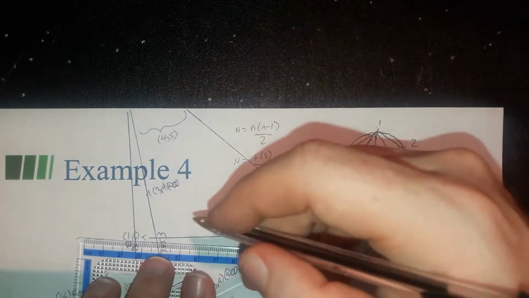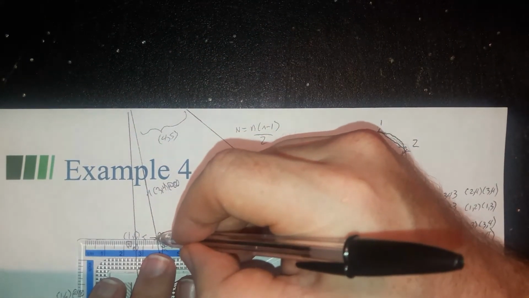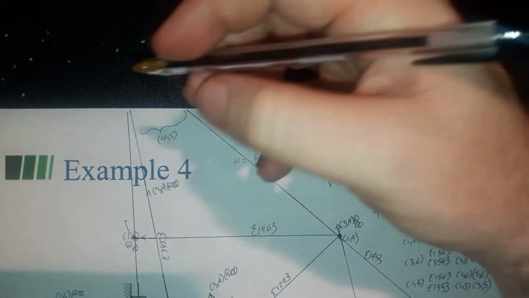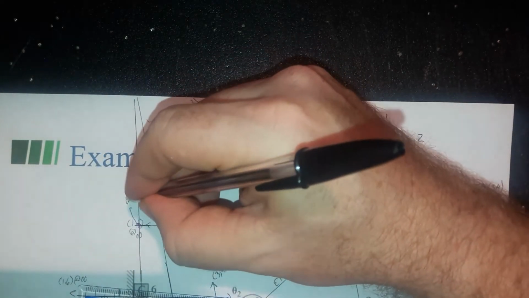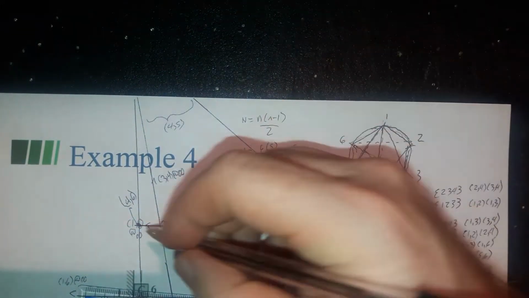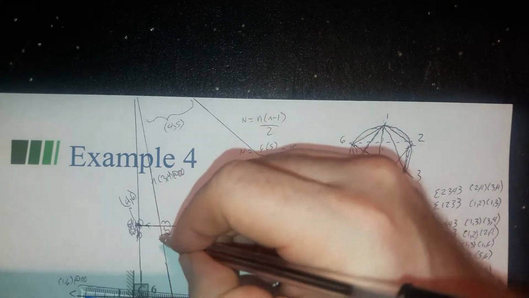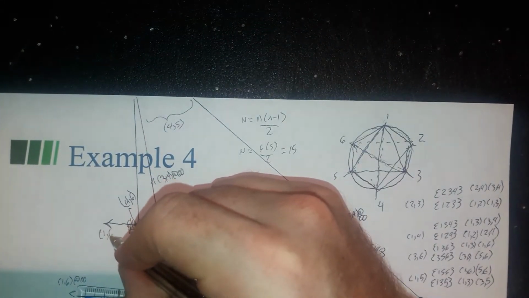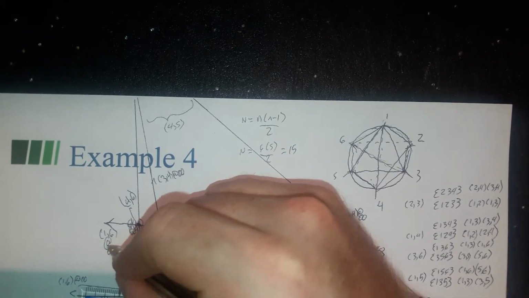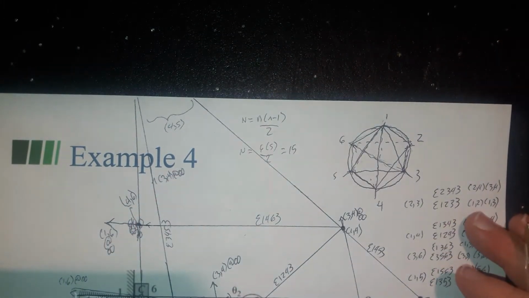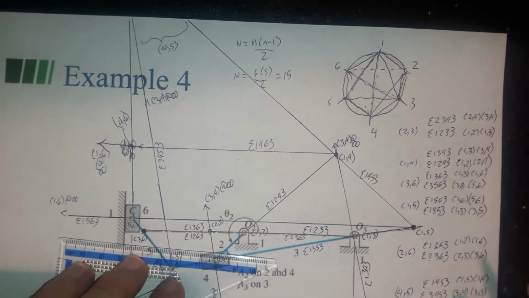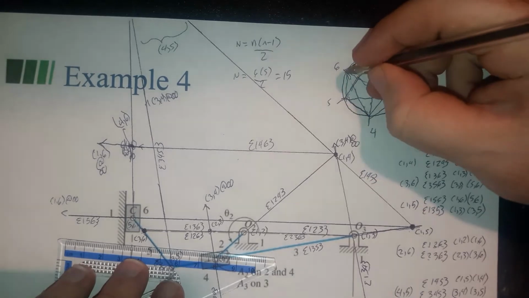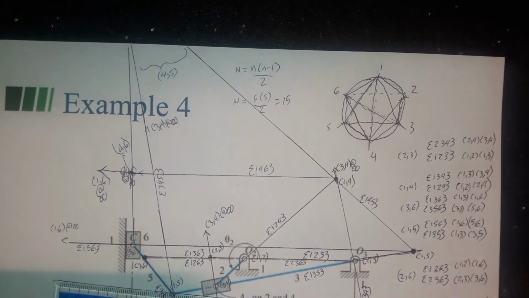Okay, and so I've got 4, 6 right there, right where I'd tried to label my 1, 6 at infinity, so let's fix that up a little bit better. All right, so now I have 4, 6,